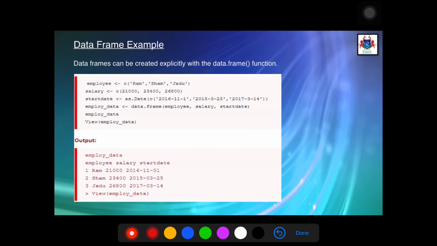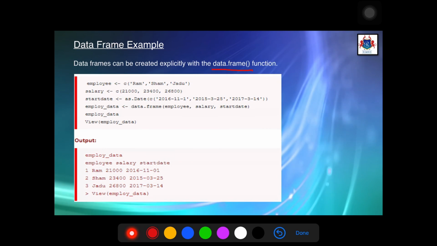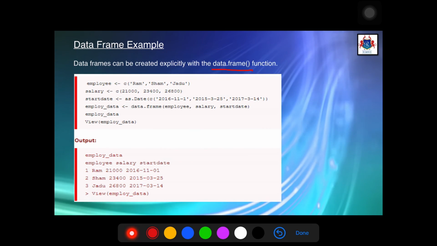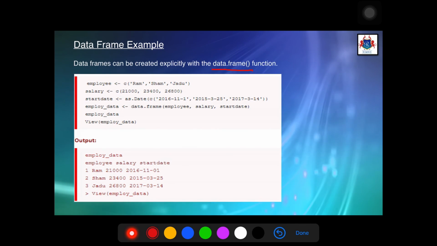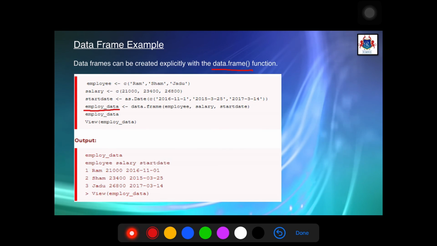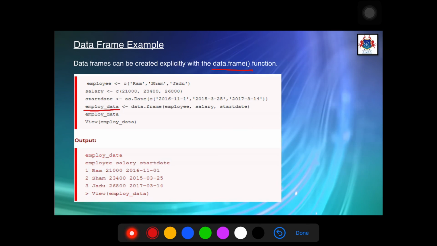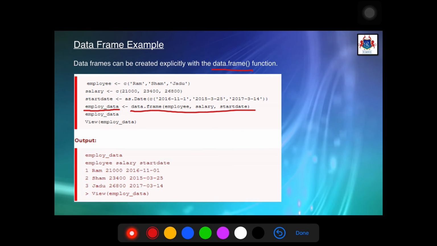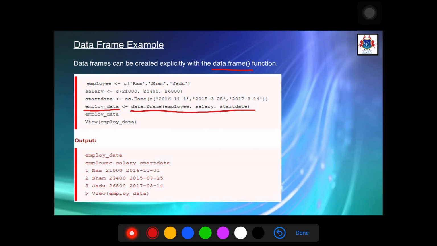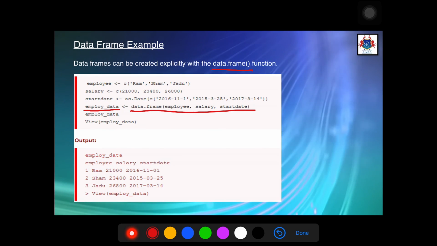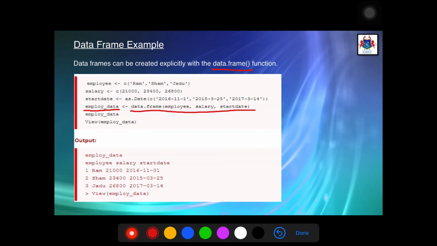Here data frames can be created explicitly with the function data.frame. So here I have created a data frame called employee_data. This is the name given to the data frame, and this is the syntax: data.frame in brackets employee, salary and start_date. Now employee, salary and start_date are three different vectors.